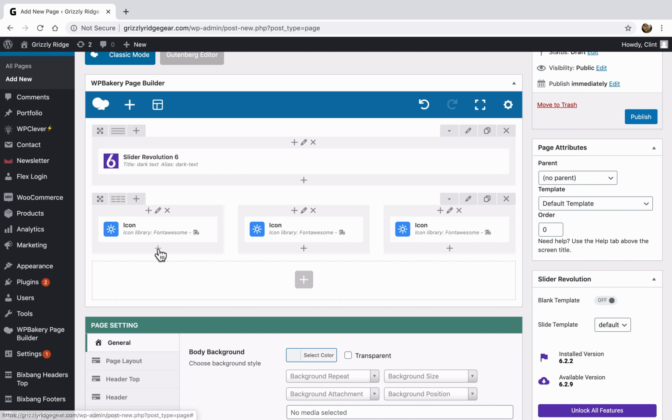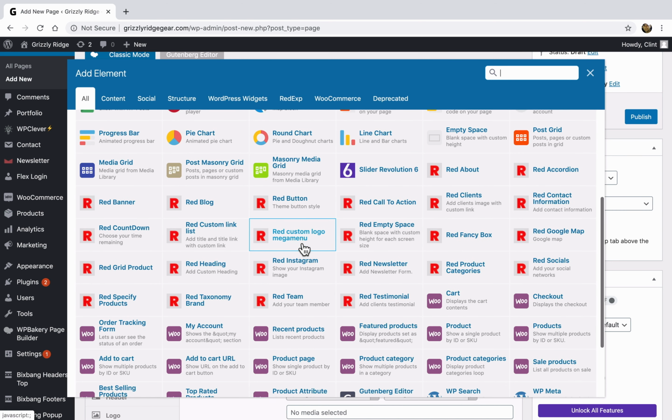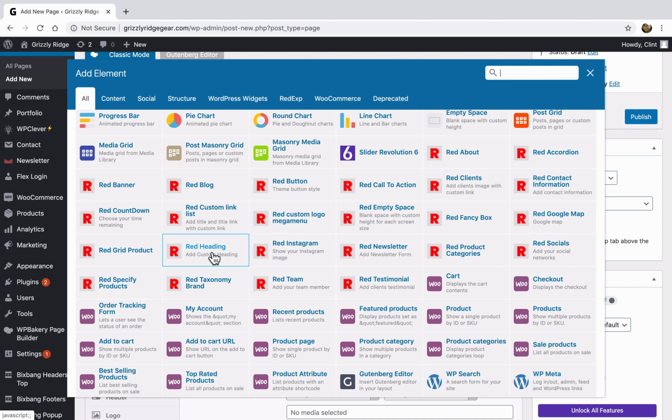Now if I want to add something under my first icon, I can click on the little plus underneath that element in the column. And I'm going to scroll down and I'm going to find the red heading. All of the red elements come with this specific theme. So all of these are styled specifically for the theme. If you get another theme, you might see a different set of elements, but most of the elements you see here at the top come with Visual Composer. So I'm going to click on the red heading,